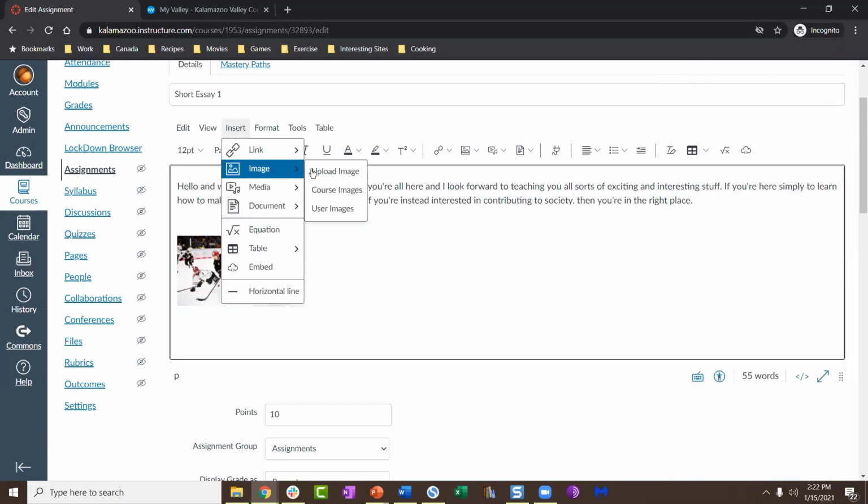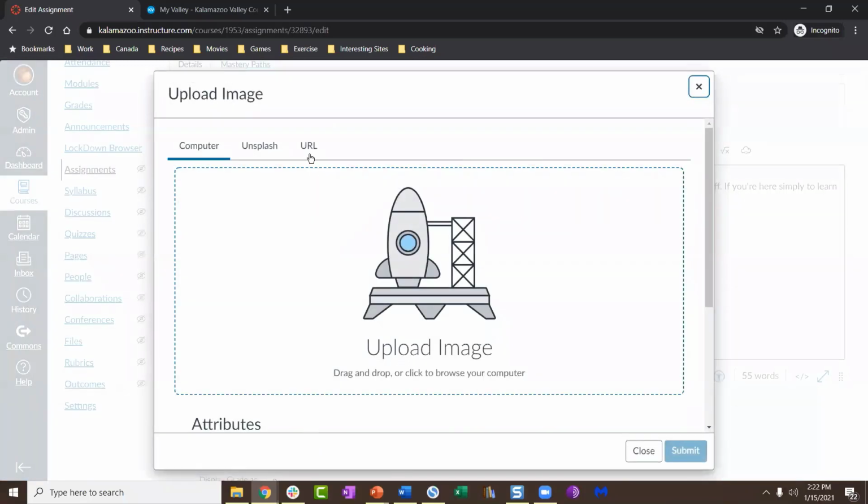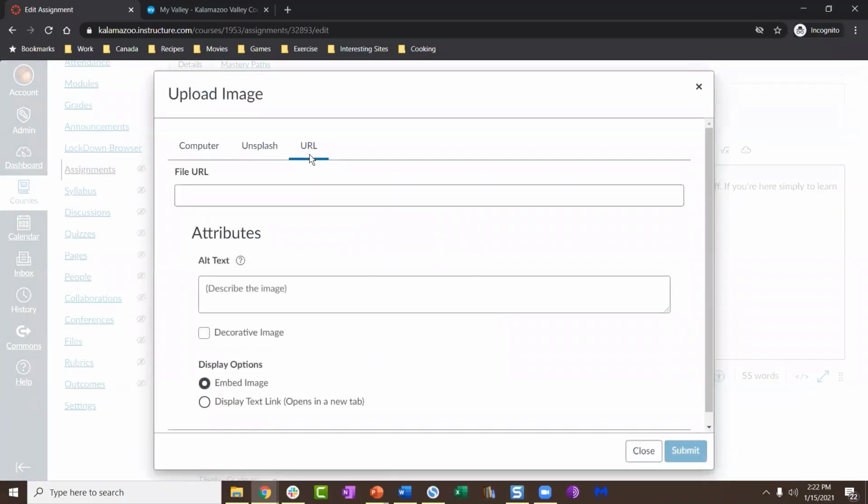And then I'll go back to image again. If you have an image online and you'd like to link to that image online, you can paste that image link right here. And it's just another way to add an image. So several different ways to add images to your course